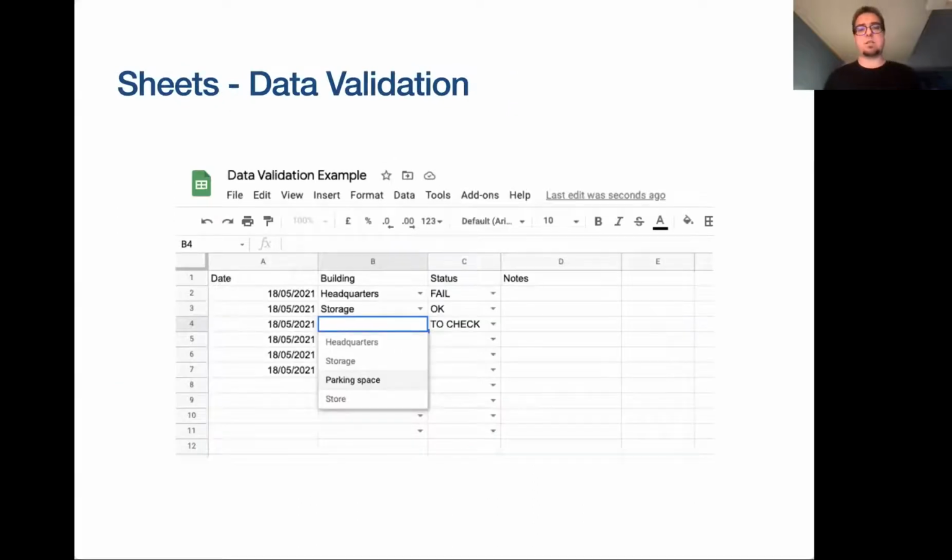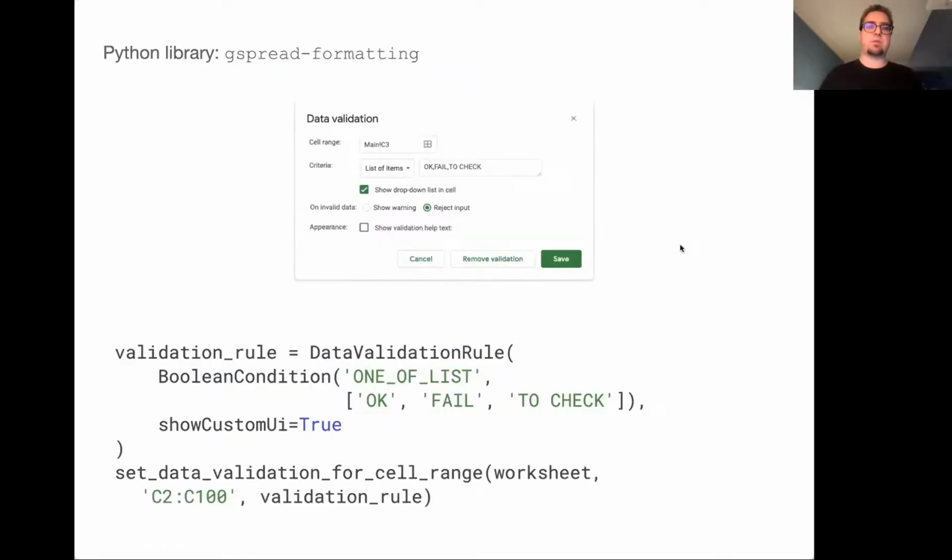One way to do this is to use a feature of Google Sheets called data validation. It allows you to define rules for how the dropdowns work in Google Sheets. There are two ways to do this. One is you can have a list, and another is a way to reference another sheet. Normally, if you're working in Google Sheets, there's a nice pop-up on top here, and you would